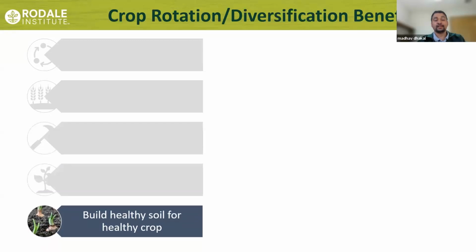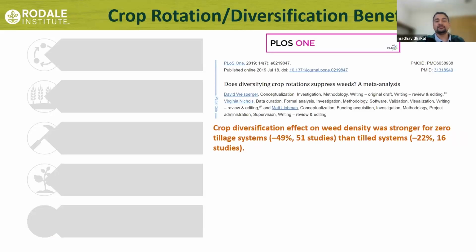And it also builds healthy soil, adds a lot of carbon and sequesters carbon. It can add a tremendous amount of organic matter to the soil. That means we can build soil health by using hemp in the crop rotation. And diversification has numerous benefits. There are so many